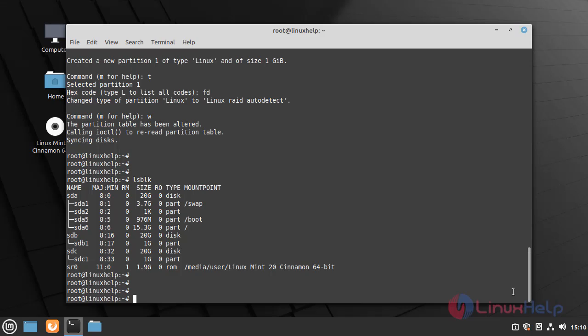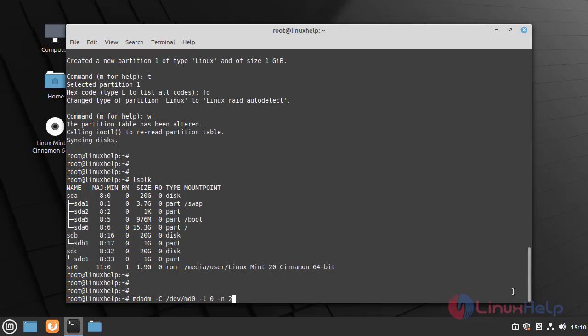Once the partitions are created, now I am going to create a RAID by using the following command. Here the RAID device name starts with MD. Use -l to select the RAID level, and -n to select the number of partitions.